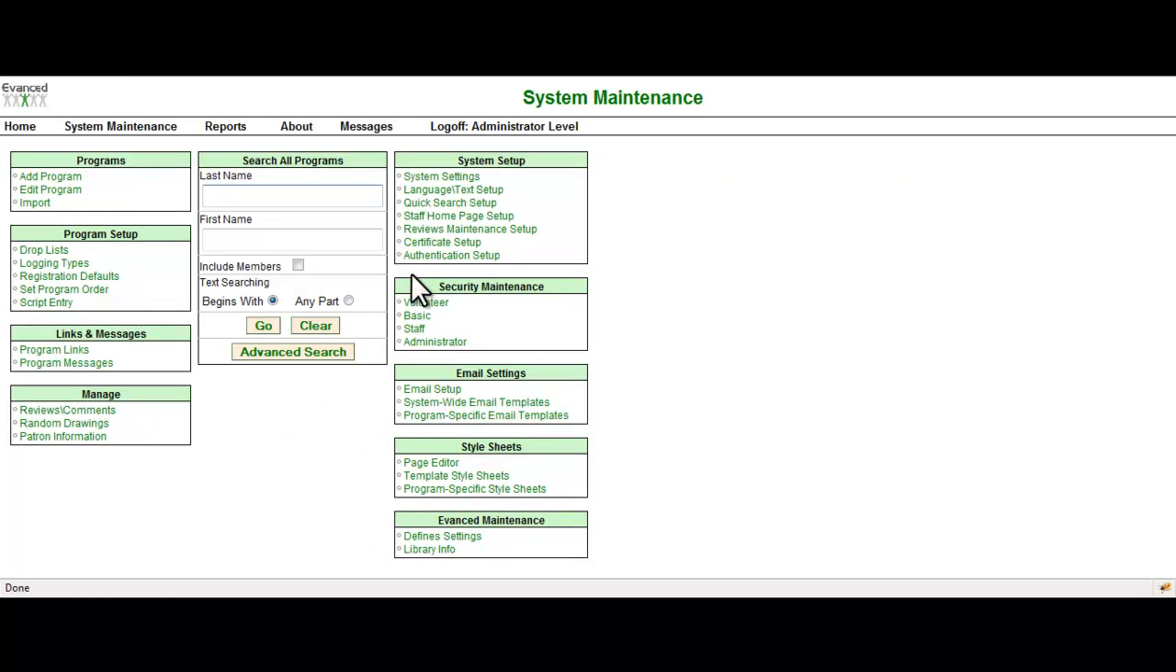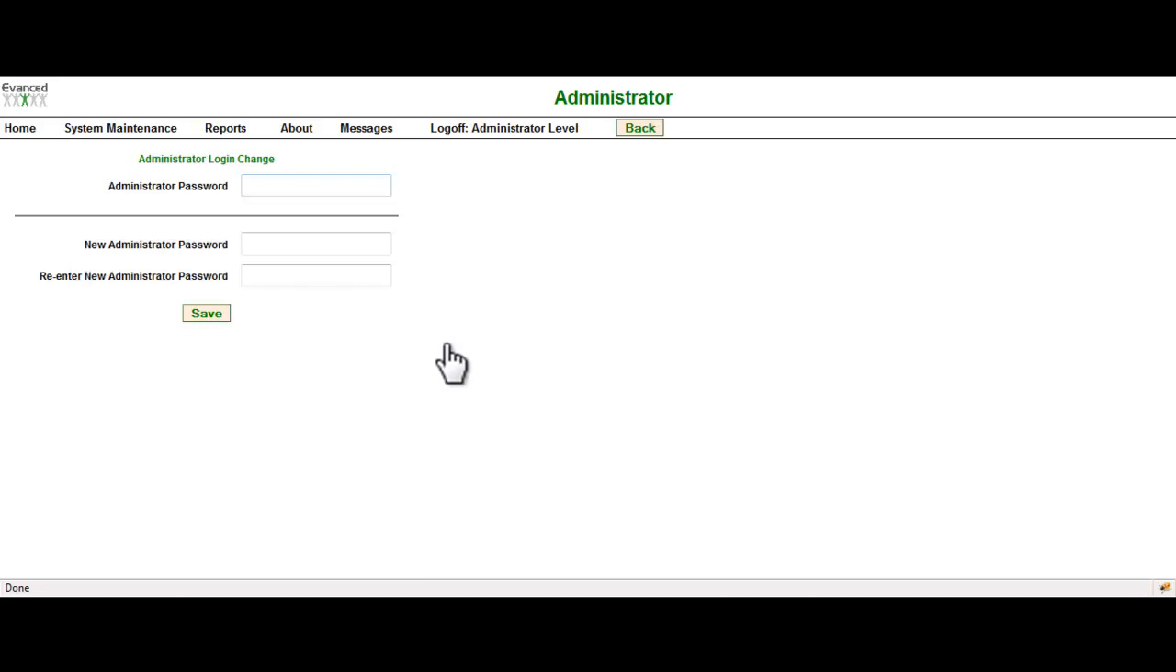The other option that is not a part of the advanced security is what we call security maintenance. Under security maintenance, we have volunteer, basic, staff, and administrator. These are the 4 levels that you will have access to make modifications to the password. So for instance, if I come over here and I select administrator, the only options that I have is to